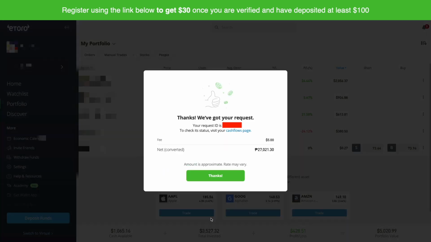And there, thanks, we've got your request. We've already processed our withdrawal request. Meron silang ibibigay na request ID. So, makikita nyo dito may fee na $5 and net amount converted to Philippine peso is 27,021.30 pesos. So, amount is still approximate. Rates may vary depending on the actual USD to PHP conversion at the time of the withdrawal. So, let's just click